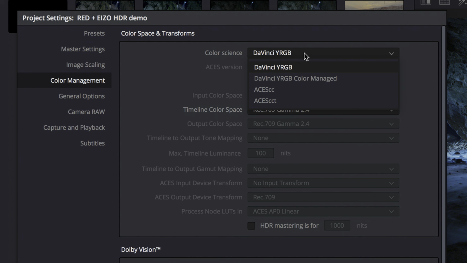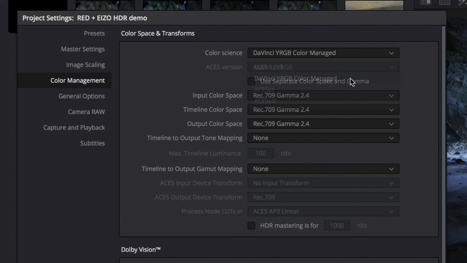You'll notice that under color science, we have the ability to change this to DaVinci YRGB Color Managed. And the minute I do that, two additional functions open up: input color space and output color space. Now this has turned on Resolve Color Management, or RCM. And what RCM does in a nutshell is that it applies color space and gamma transformations based on your defined